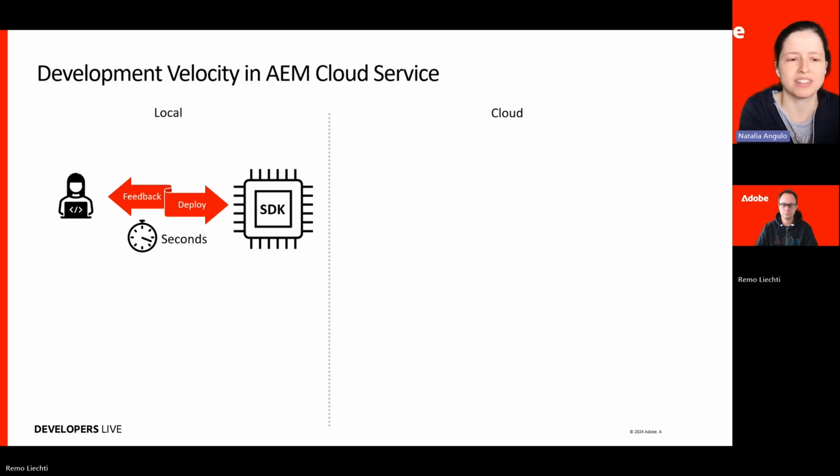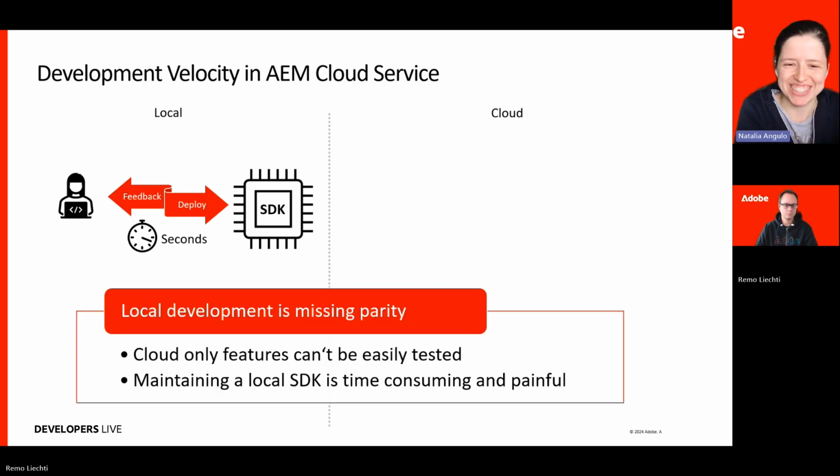There are cloud-only features that cannot be easily tested locally, that's what we found out. Not only that, maintaining the local SDK on your laptop can also be very time-consuming, and a little bit painful, right? Because you need to update it to stay on the latest version. So then